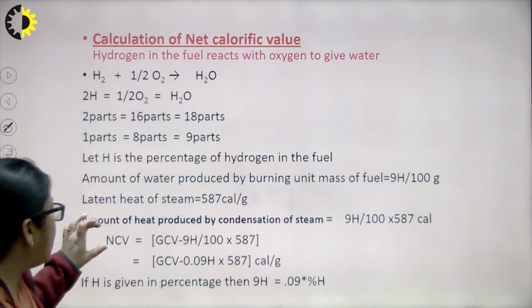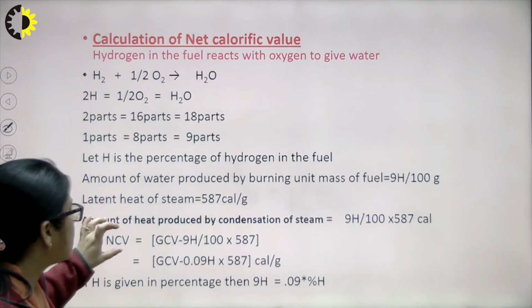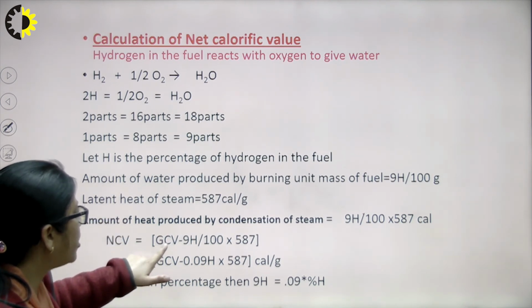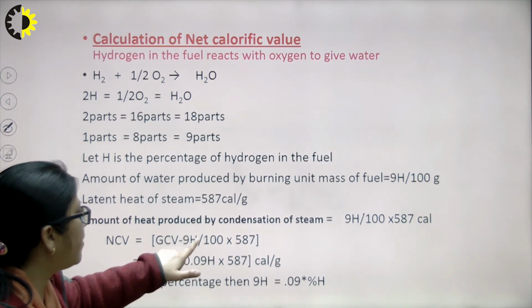Now, the net calorific value, or the LCV, lower calorific value, is given as the gross or higher calorific value minus 9H divided by 100